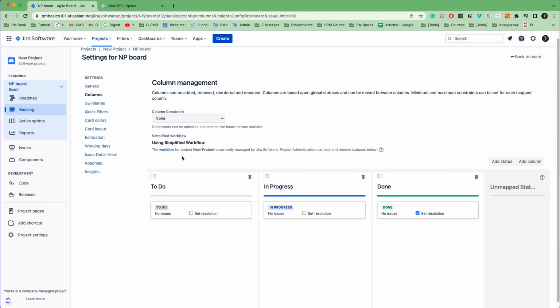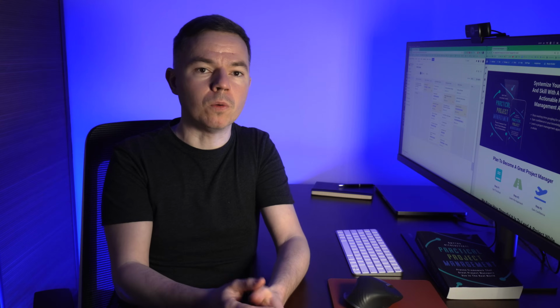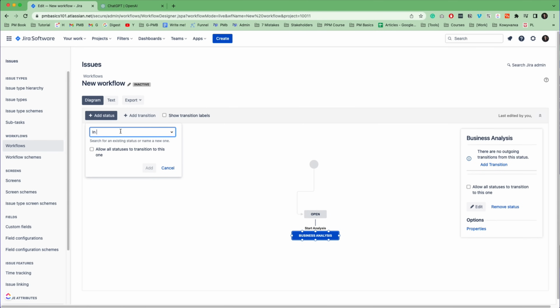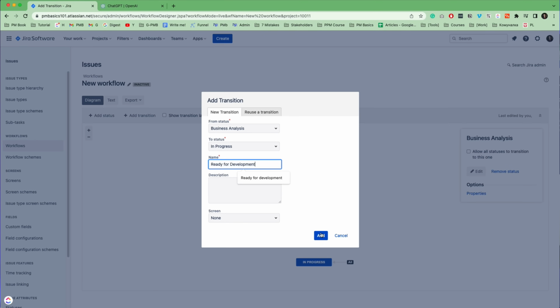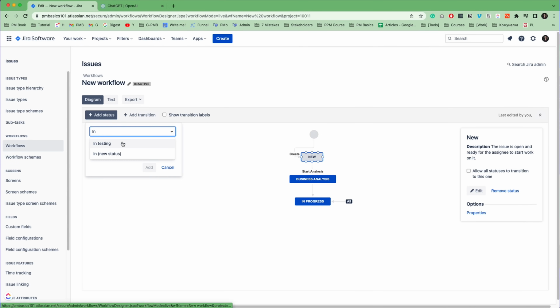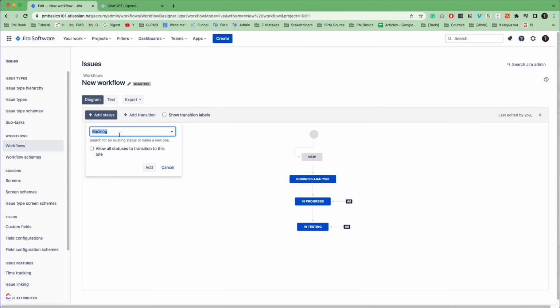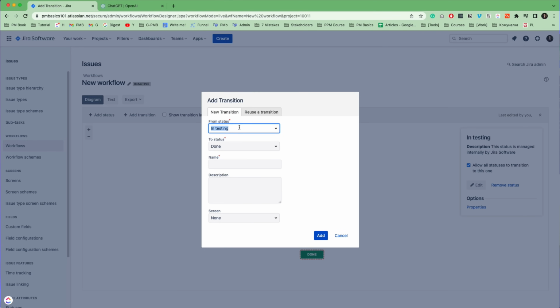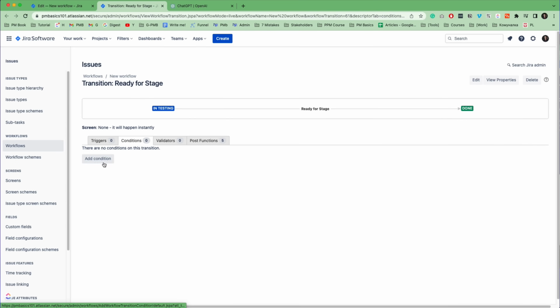It is called simplified workflow because you can move issues from any status to any other status. However, sometimes companies develop a more sophisticated workflow. For example, you can only move an issue to the done status if its previous status was in testing. So you won't be able to move an issue from in progress to the done at once. So administrators can create very sophisticated workflows in the Jira settings. Moreover, you can have different workflows for different issue types. Thankfully, the user interface is very intuitive here.